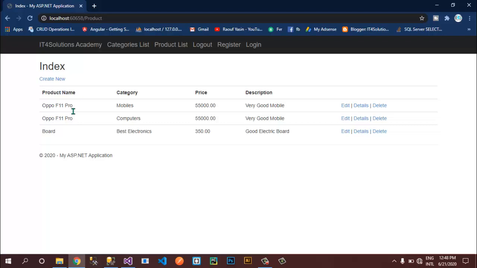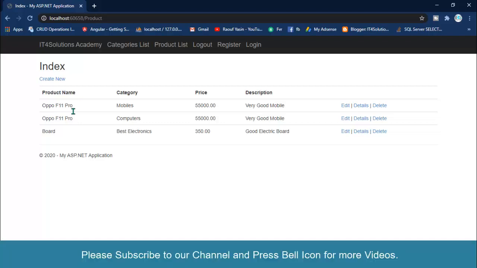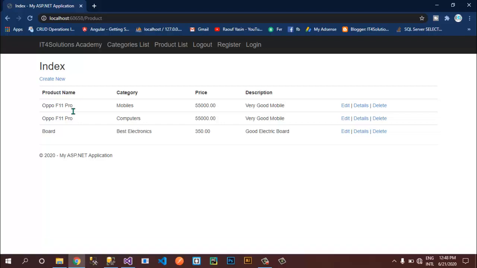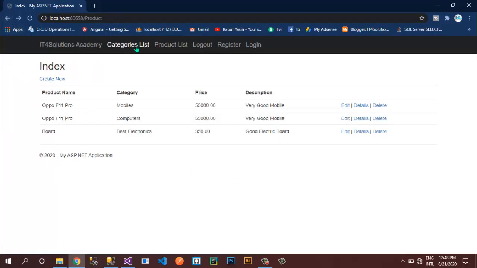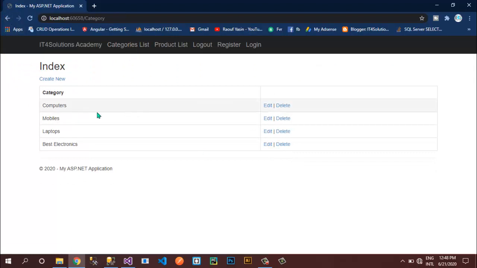How to use Bootstrap modal in ASP.NET MVC 5 application, and how to display a form within that modal, and how to display a beautiful confirmation message box before delete operation. Currently if we click on the delete button, we are directly performing the delete operation without any confirmation box. We'll use a delete confirmation box as well.